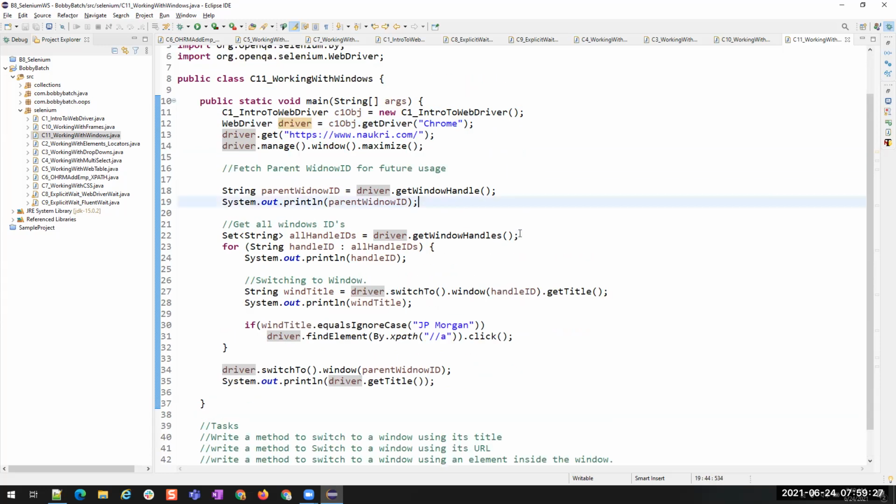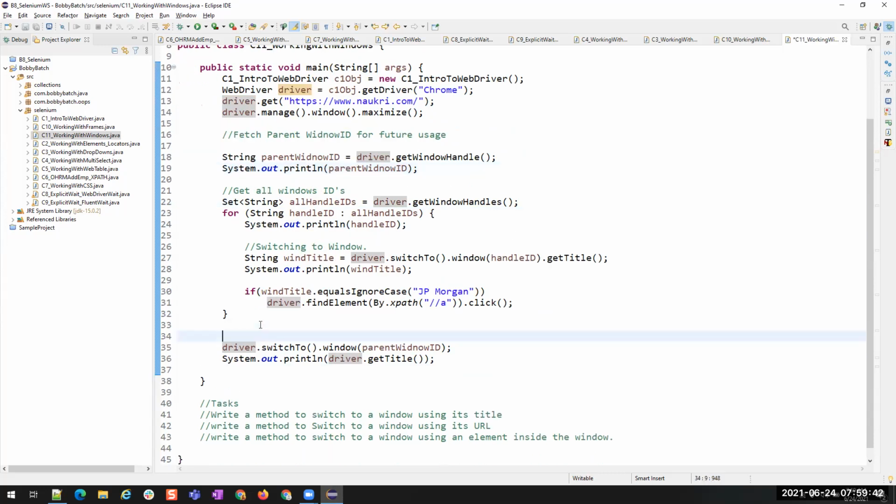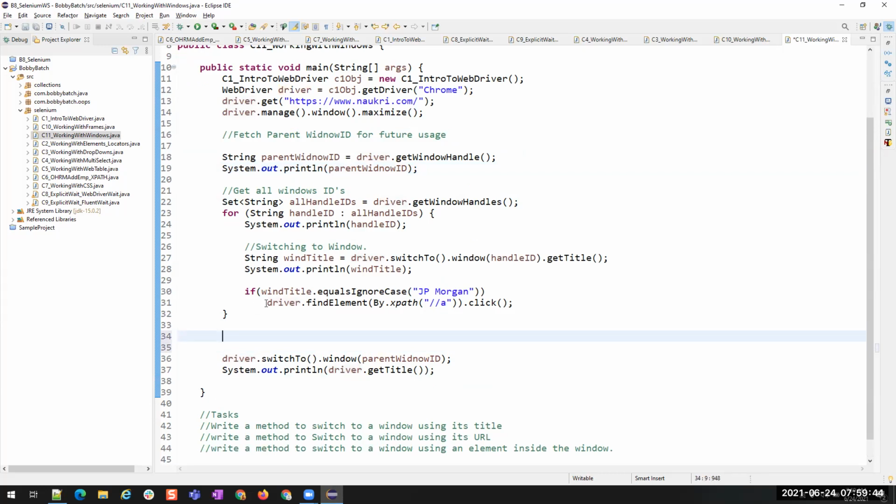If you have a single window, both work in the same way. But when you have multiple windows, driver.close will close the current window where our control is. But driver.quit will close all the browsers. Now let me show you that. After this for loop, not after this for loop because we didn't break, right?